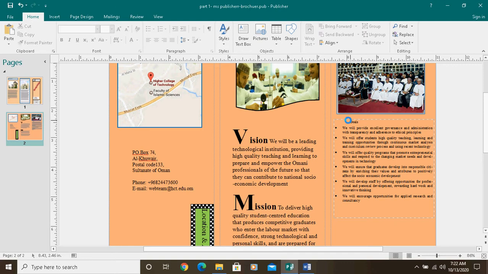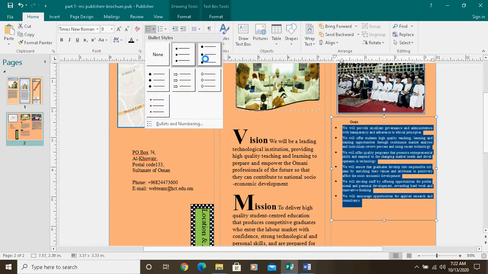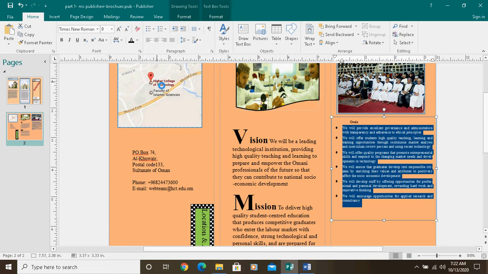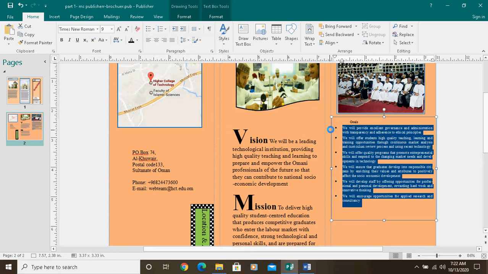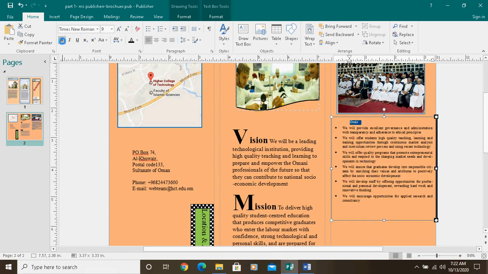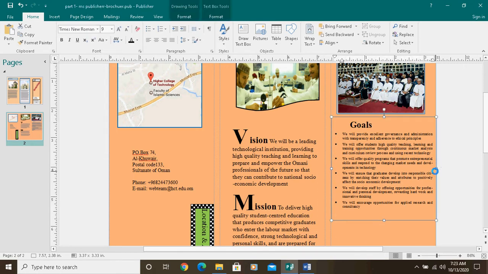We can see here, go and check the bullet, different bullets. If you want a diamond, can you see a diamond? Or if you want this one only they are coming. Goal make bold 22. They say 22 point. Okay, this is what we did. So now this also is over.